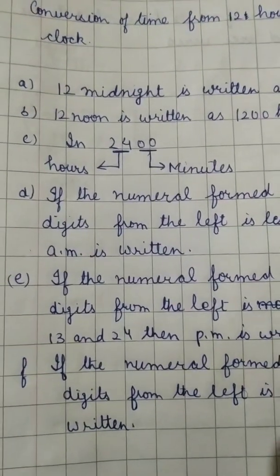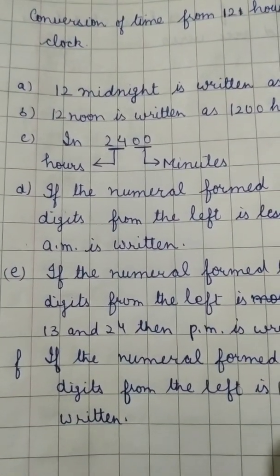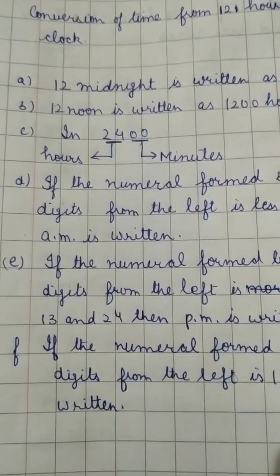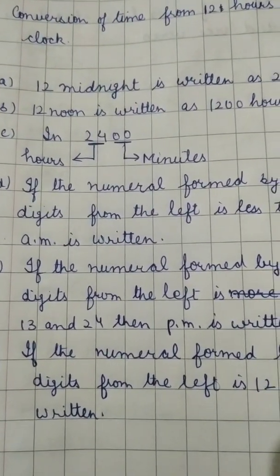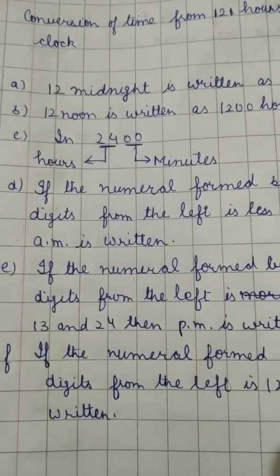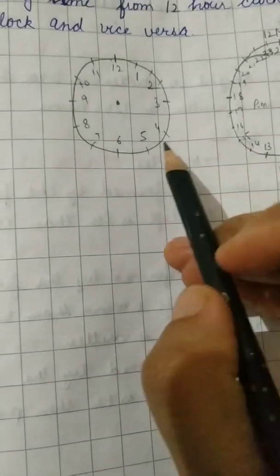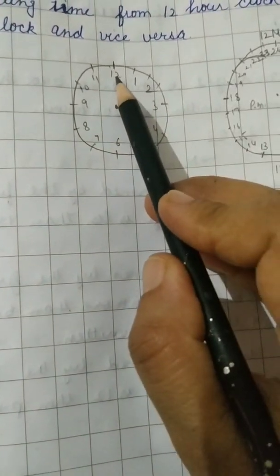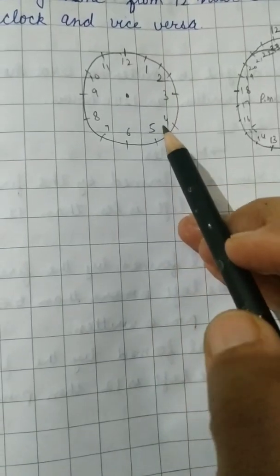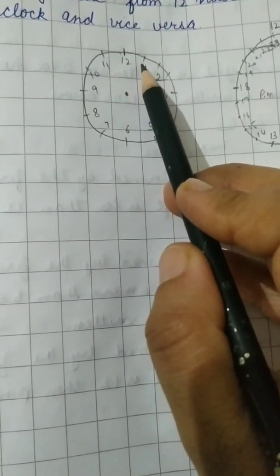See children, the 24-hour clock we have not seen, but you can see this in your mobile phones. The digital clocks are also such. In the timetables of your trains and airplanes, we see this type of timings. To understand this, take your normal clock which shows the numbers till 12. After 12 we get 1, 2, 3, 4, 5, 6, 7, 8, 9, 10, 11 and then again 12, then it starts from 1 again.